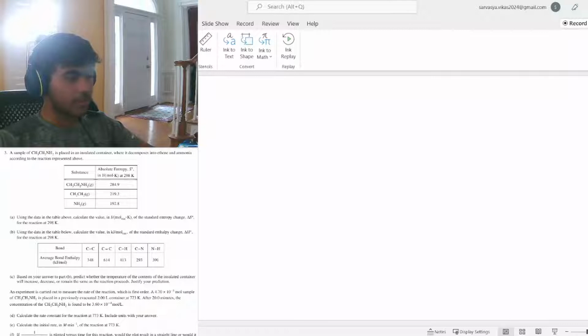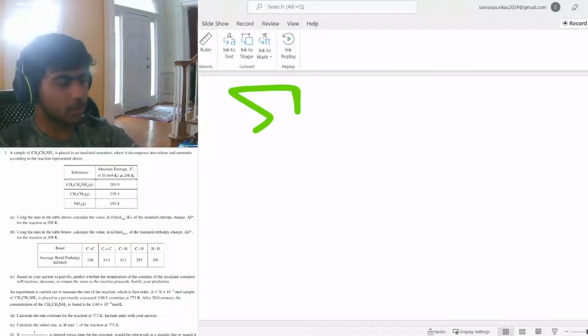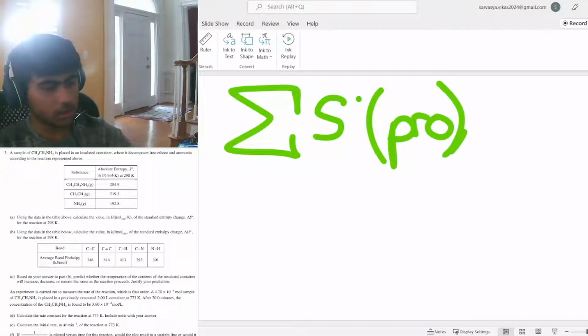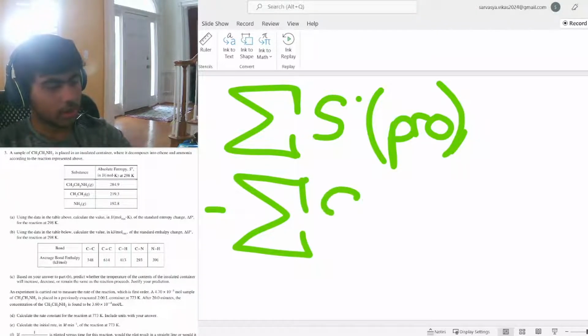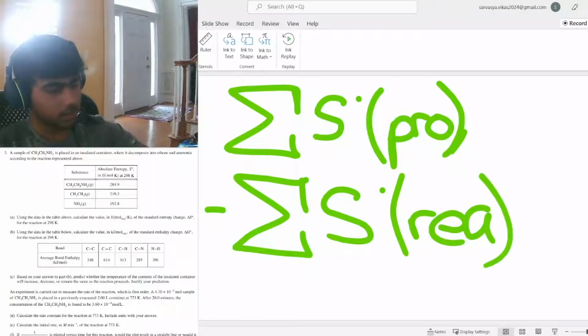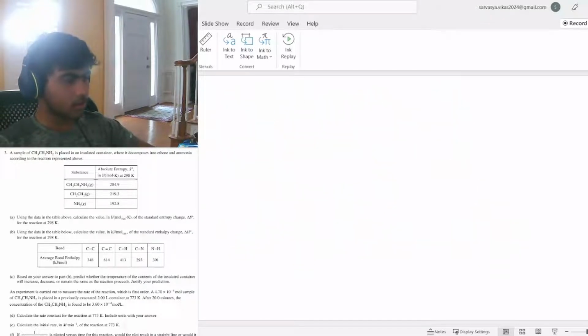Well, we have the values for the absolute entropy of each of these. So we're just going to use the idea that we use when we're calculating these, which is just the sum of S for the products minus the sum of the absolute entropy of the reactants. So we're going to do that,